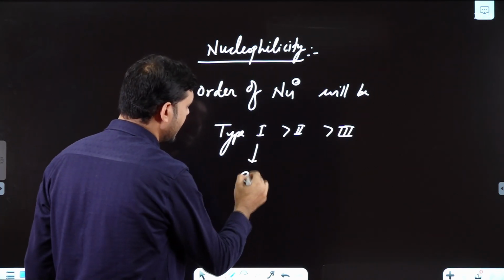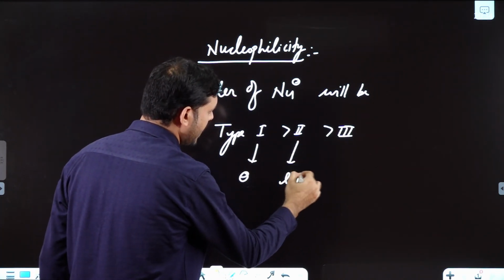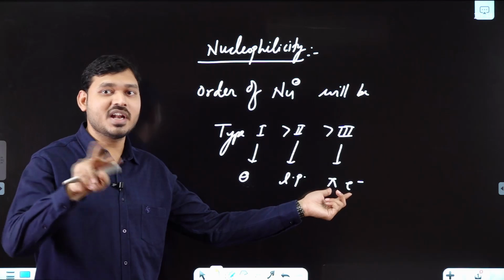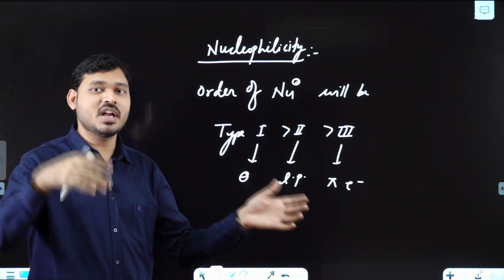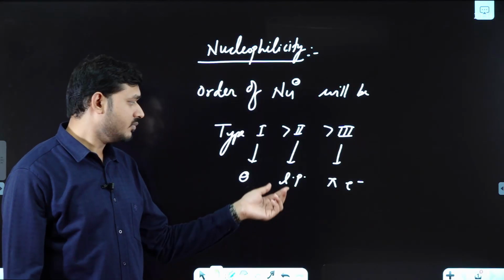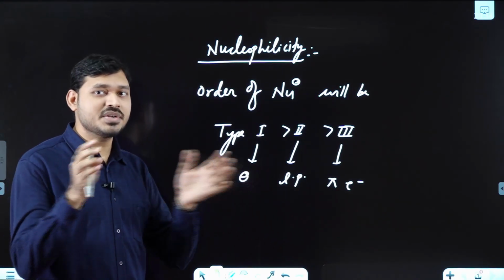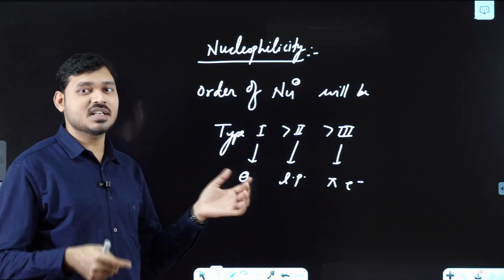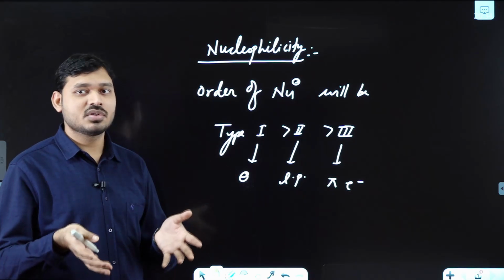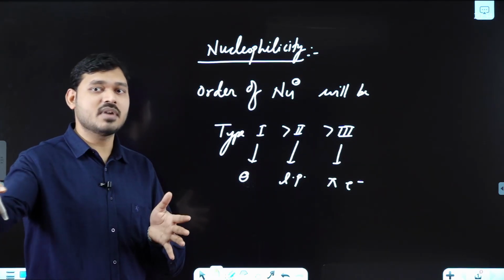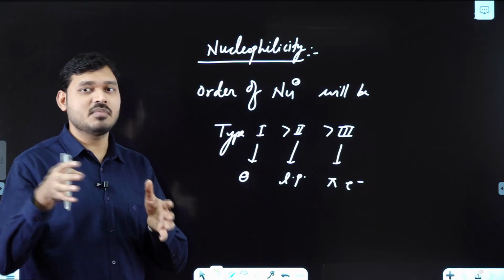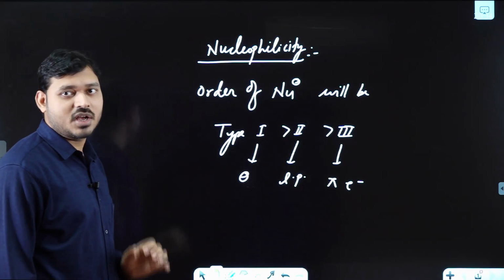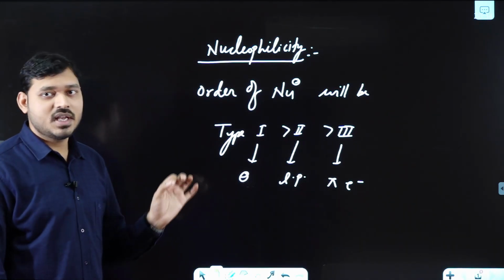Why? It is negatively charged. This is lone pair and this is pi electron, meaning these are the bonded electrons which will break the bond and donate to someone else. And this is your lone pair, unshared electrons available which can be donated, and this is negatively charged, meaning it is already having some charge. So we can understand, if it donates to someone, it can become stable or neutral. Okay, so this is the order of nucleophilicity among all these three types. I hope you have understood and noted each and every point.